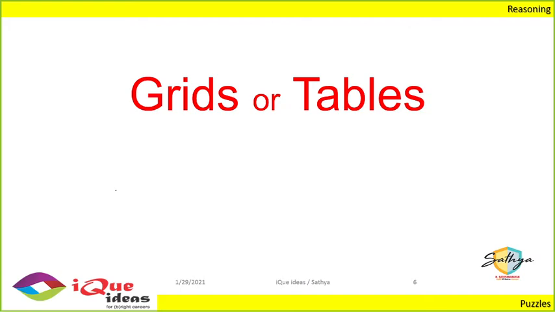Sometimes based on the nature of the clues you will be able to identify that it is possible that one boy studies more than one subject, or on the other hand, sometimes the clues are worded in such a manner that you will be able to identify that one boy studies exactly one subject. So depending on how the clues are given to us, we should be able to judge that. That is the simple part. Now, for such puzzles, it's very important to create and fill in the grid or table properly.